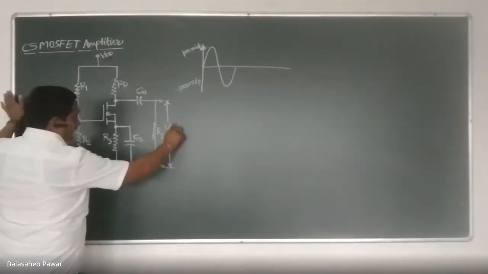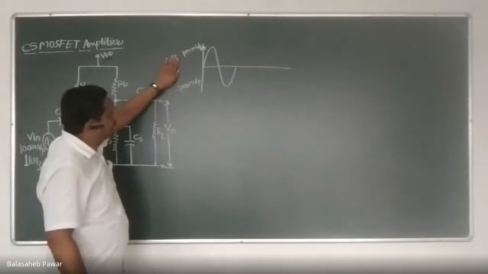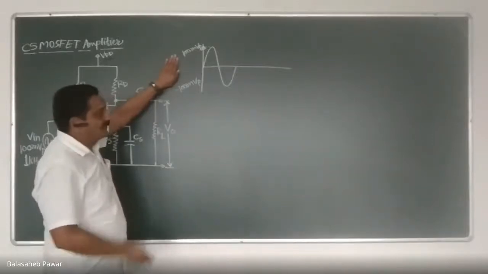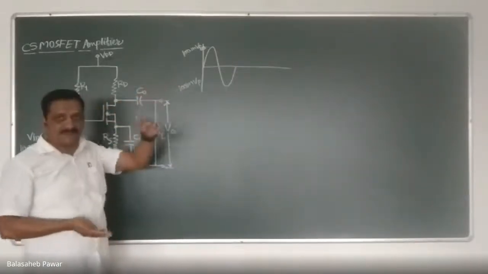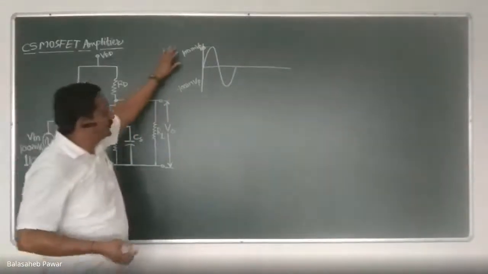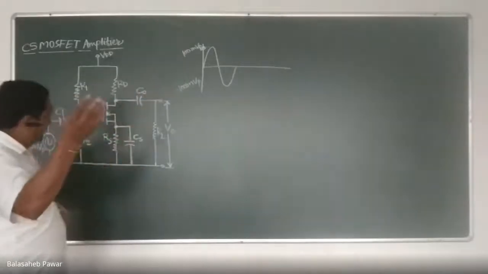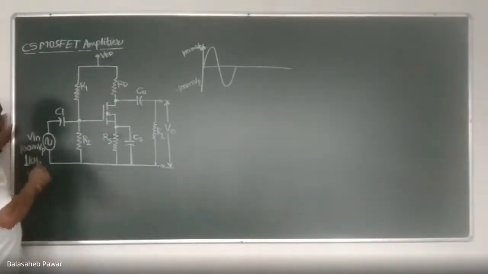Similarly, on the output side, as we are calling this an amplifier, amplifier means this small or weak input signal we have to amplify in terms of its amplitude. And that's why we call it an amplifier, right? That input signal is only a 100 millivolt peak signal. How much we can obtain, we will also discuss.